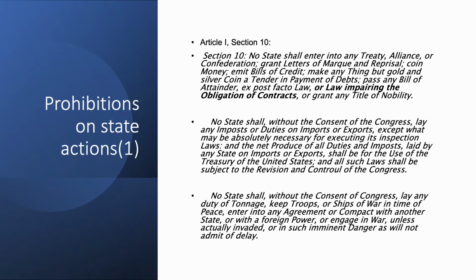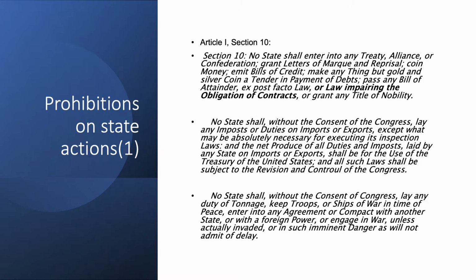You see, the states prior to the Constitution were engaging in their own foreign policy, and they were trying to make treaties. So you'd have a treaty of South Carolina with France, and then Virginia might make a treaty with the UK, this sort of thing. Well, that has to stop. Section 10 says no, they can't do that anymore. They also cannot do other things. They cannot, you can read them, but